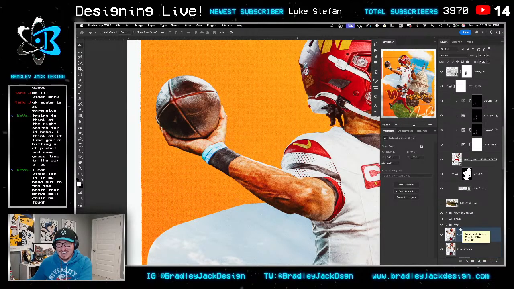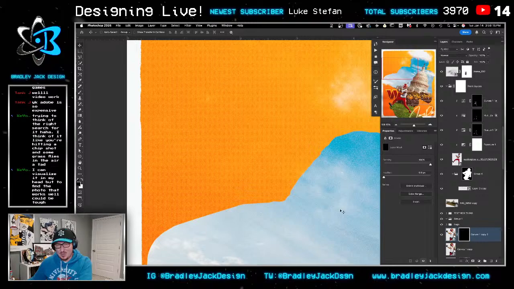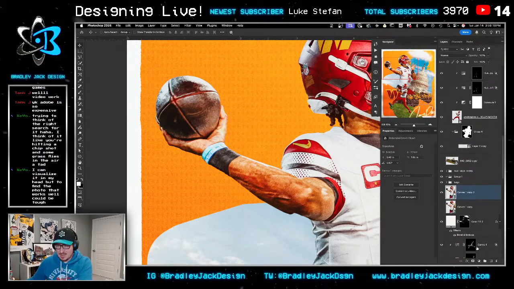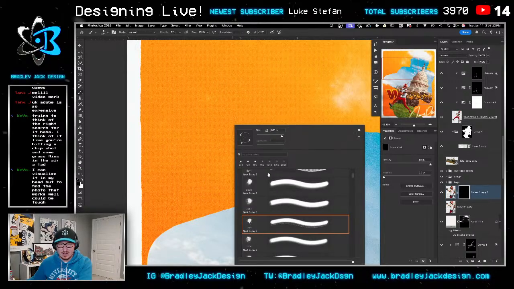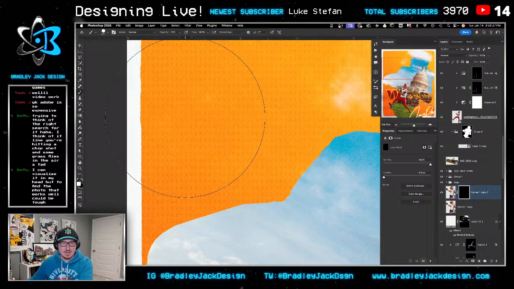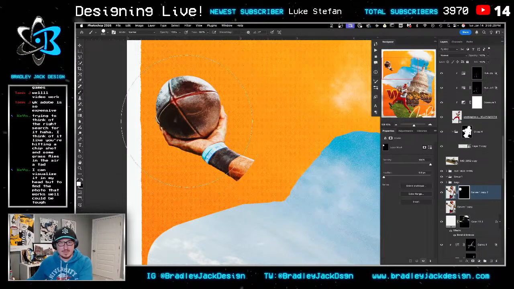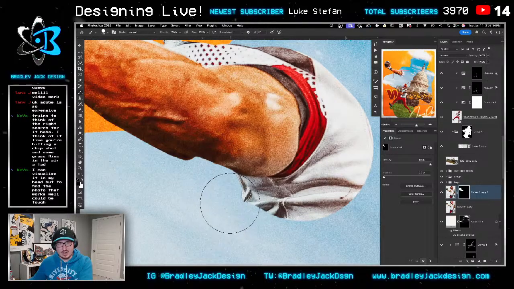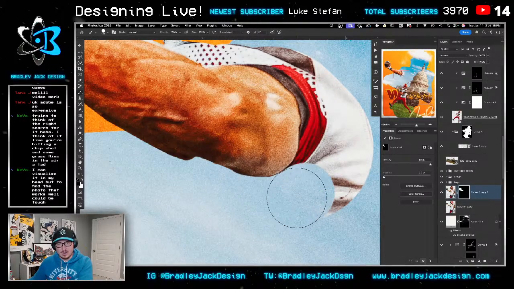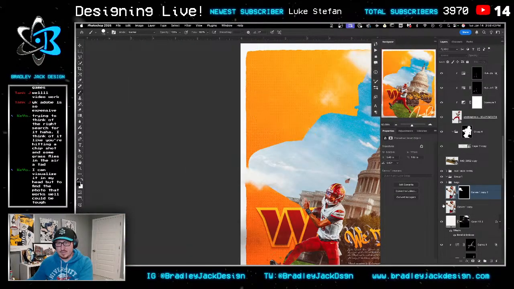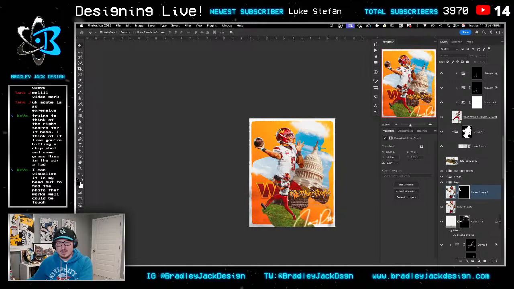Yeah, your designer's intuition would be like, why does his arm look super busted? I think I can fix it though. I just need a normal brush. And this might look cool if we did the thing where he's coming off the side now. You know, breaking the... Let's take a look at that really quick. Like if he's